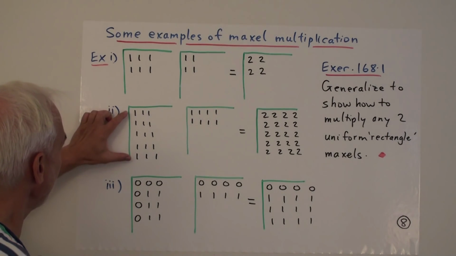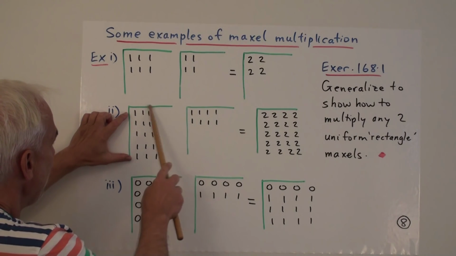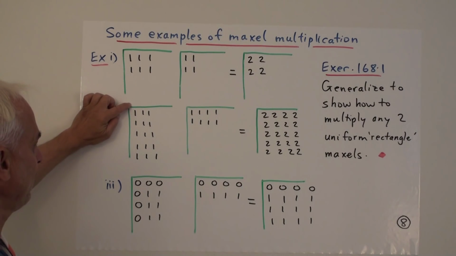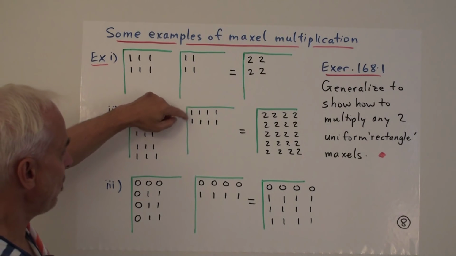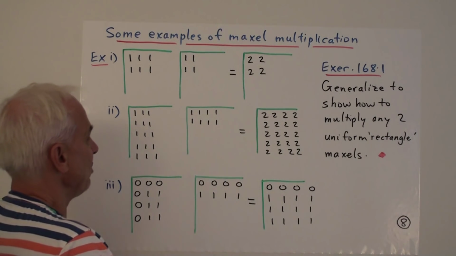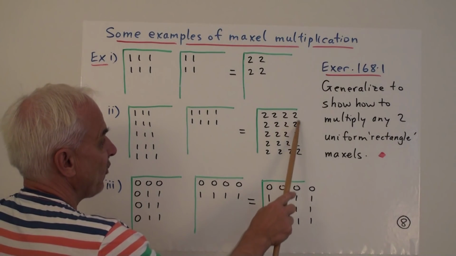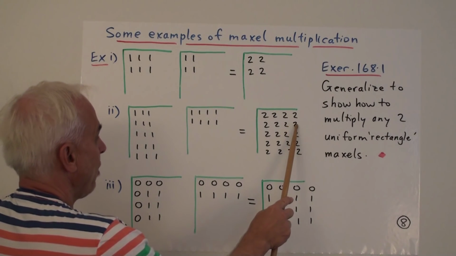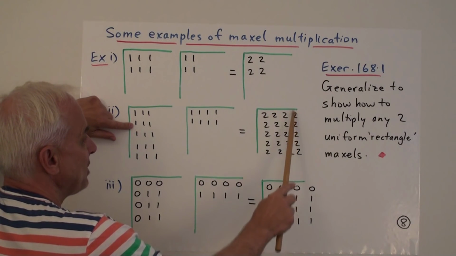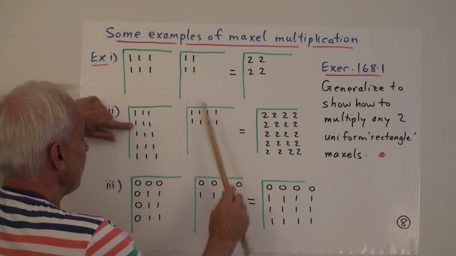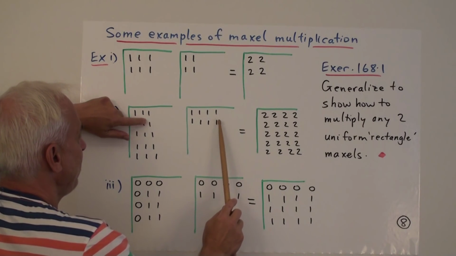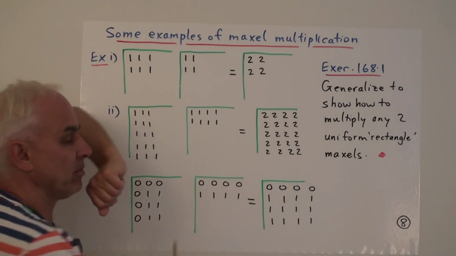So similarly for this one here, here's a similar kind of bigger Maxwell with a uniform support over this little rectangle. It's a corner rectangle, 5 by 3, times this one, which is a 2 by 4. And so we have various possible products. So for example, this thing here, this 2, where does it come from? Well, we would take the second row, because that's in the second row, and we would take the 4th column over here. So we have to multiply the second row here with the 4th column there. We go 1 times 1 plus 1 times 1, and then there's no more non-zero things, so a total of 2.